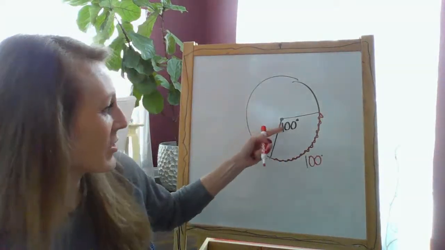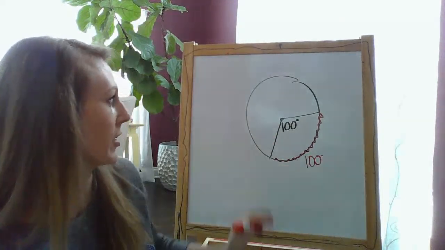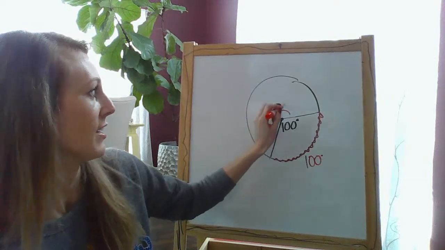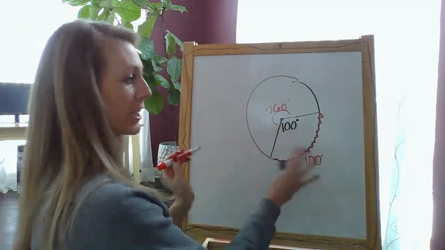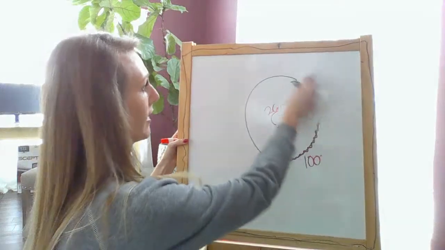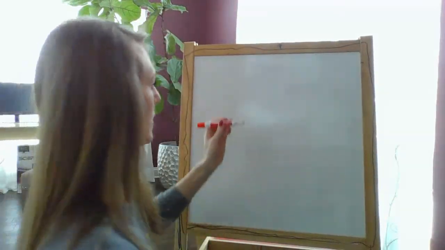All right, so the central angle and the arc are going to be the same. So if this is 100, our arc is 100. This other part of our circle here would be 260, so that would mean this major arc is 260. Okay, so that's the relationship. Central angles are as easy as they can be. Now for the next case,